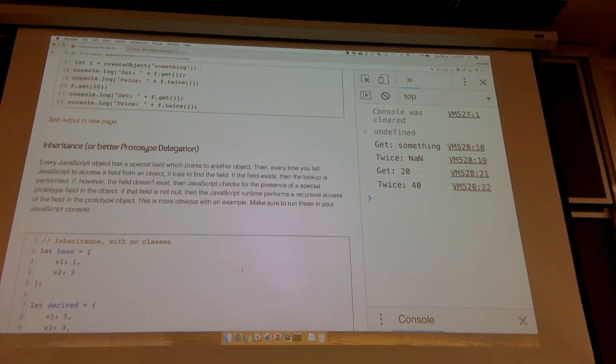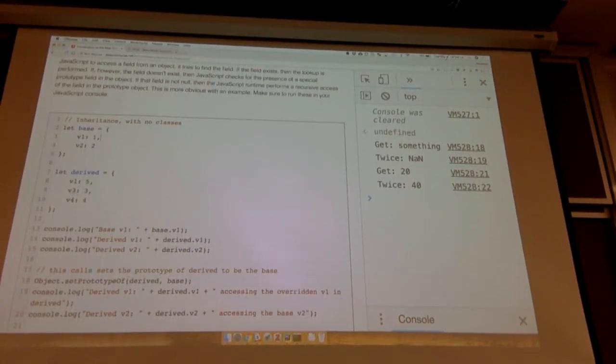So that means that you basically have different objects that are chained together. So here's a simple example. We have a base object that has v1 and v2. Then we have a derived object that's only called derived here. We actually haven't derived it. v1, v3, v4, missing v2. And now if we log this,